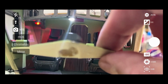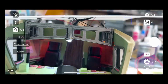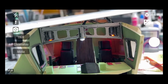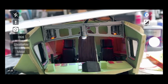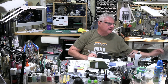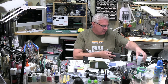Without being all fingers and thumbs. So when it's in, you lose everything below and you gain everything above. So obviously we'll tip the camera angle up and you get that. Pretty good. Now the side lights are not on yet, so I'll be working on those. But that interior is going to be an absolute thing of beauty. Absolute thing of beauty. So I couldn't be happier